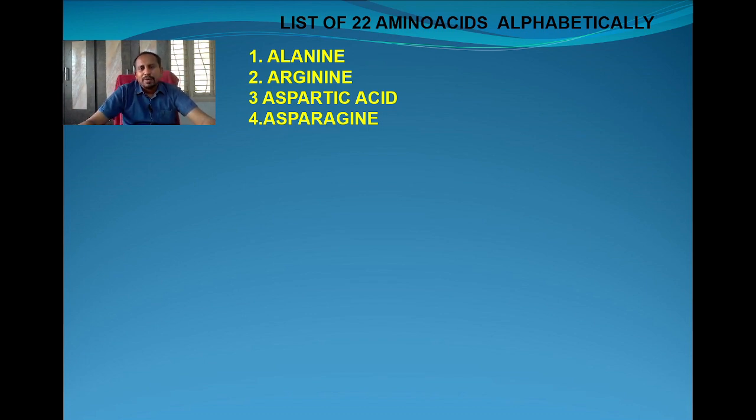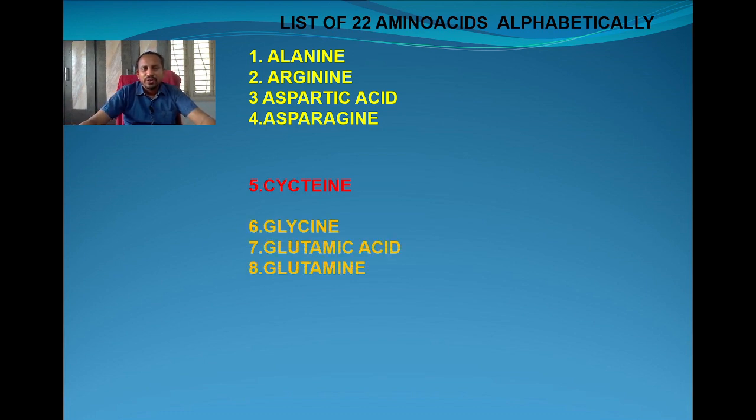Okay, in alphabet A we have 4 amino acids. If you go to alphabet B, B has no amino acid. If you go to C, C has only 1 amino acid, that is cysteine. Then D has no amino acid, E has no amino acid, F has no amino acid. Then G: in G we have 3 amino acids: glycine, glutamic acid, glutamine. Then H has only 1 amino acid,